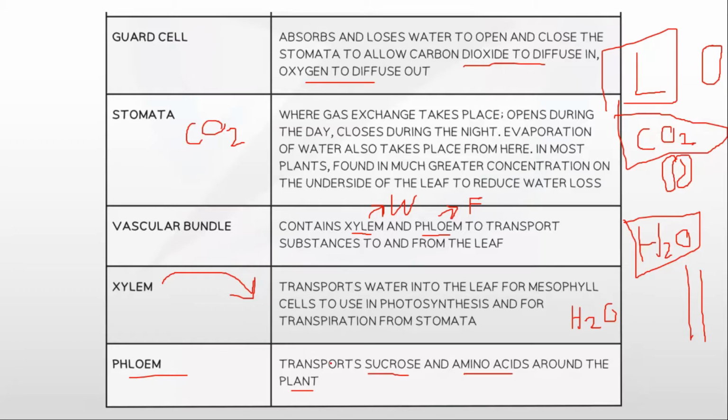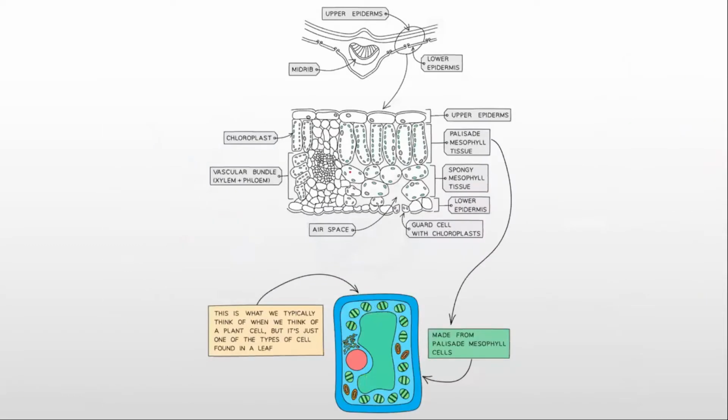Xylem is responsible for the transport of water, whereas phloem is responsible for the transport of sucrose and amino acids around the plant. We have a large diagram explaining everything over here. We have the upper epidermis, the palisade mesophyll cells. Underneath those, we have spongy mesophyll cells, then lower epidermis, guard cells, air spaces, vascular bundles, chloroplasts, and we all